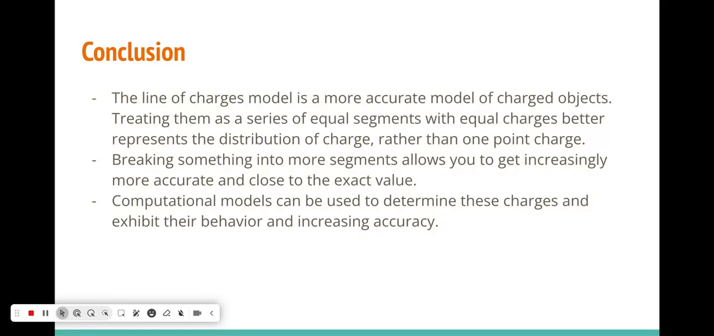So we can conclude that the line of charges model is more accurate because the series of segments shows a better distribution of charge rather than just the point charge. And then we can conclude that breaking something into segments allows you to get increasingly more accurate, and that computational models can be used to determine these charges and